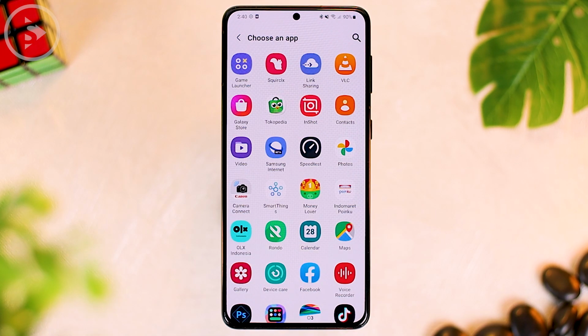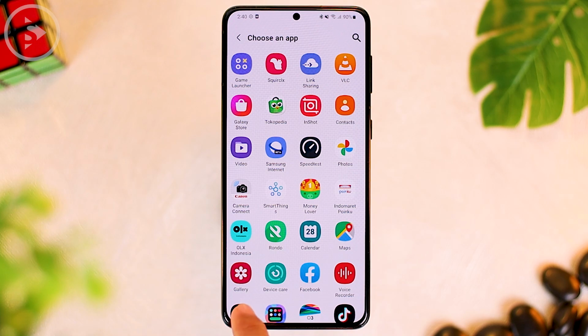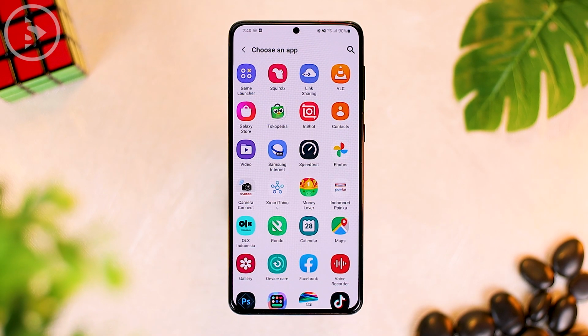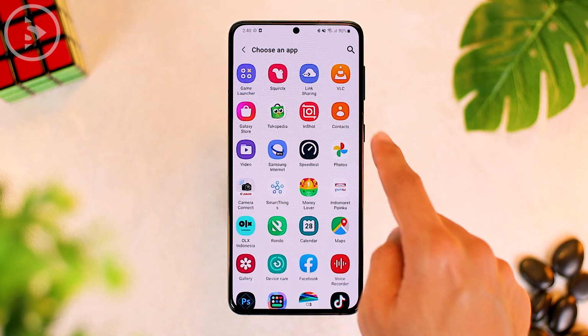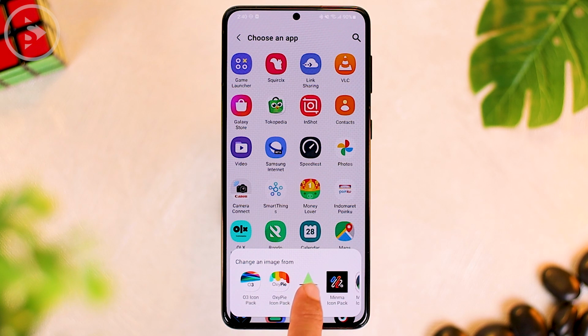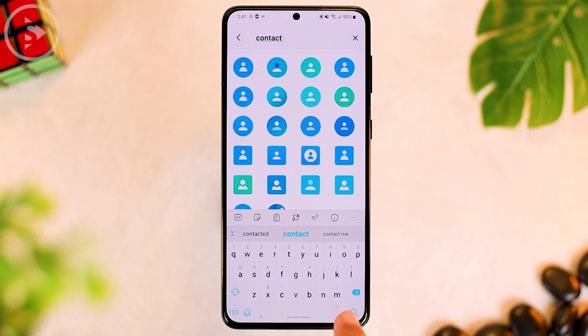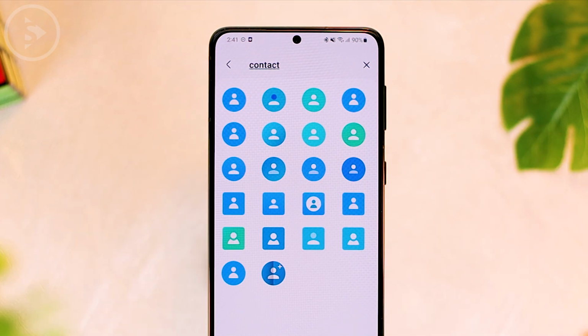And now by using this new feature, you can change the look of the app icon one by one based on different icon packs. For example, for the Google Maps icon, we have chosen it from the festival icon pack, and for other application icons such as the contact application, we can choose from a different icon pack. For example, we choose the Occupy icon pack, and here you can directly search for the contact and you can directly select the contact display with the new icon that you like.